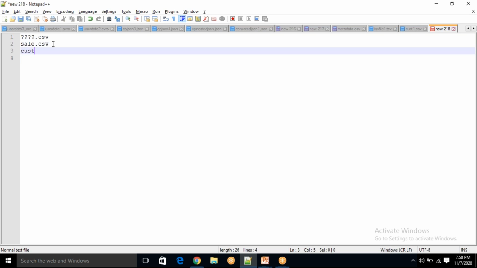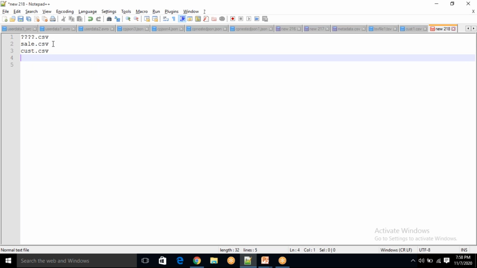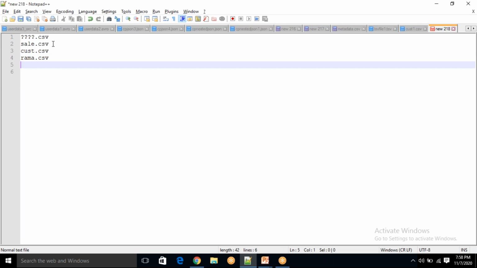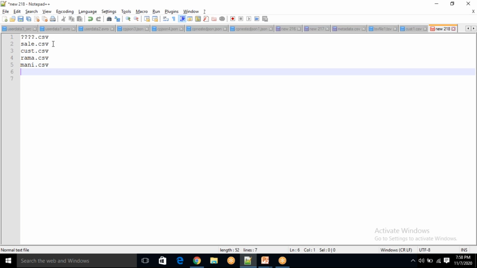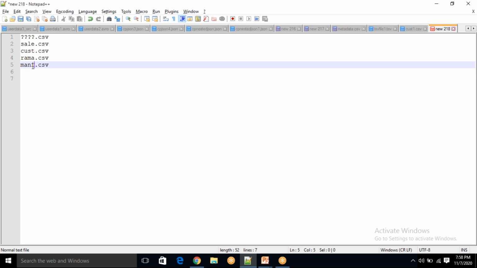It can be custard.csv, it can be rama.csv. Okay, you can say money.csv. Anything you can consider, but the first 4 can be anything. First 4 letters can be anything, but the last part should be .csv because I have used everything as question mark.